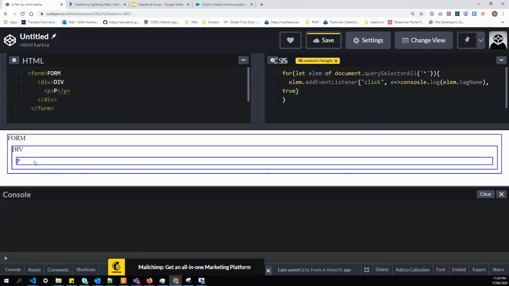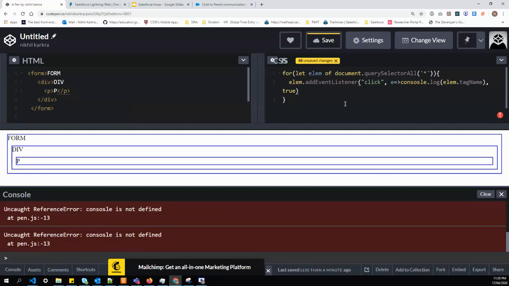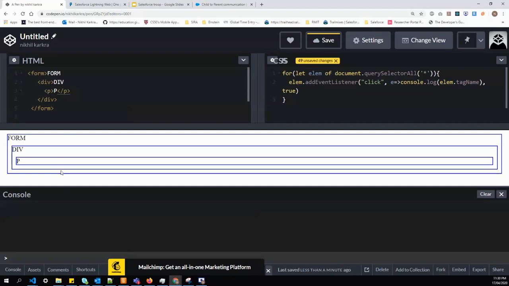So now if I click on P, it should first go to the top form. It should print form, then div, and then P. My console spelling is wrong. Yeah, let's try it again quickly.